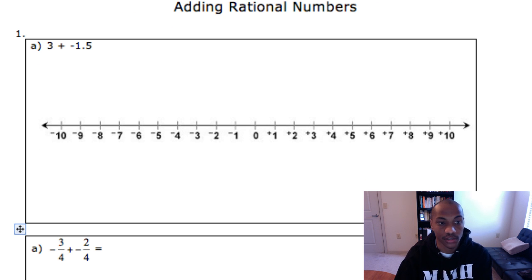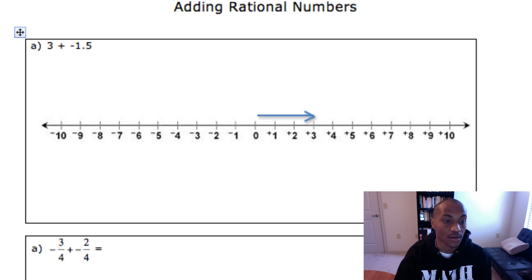The first thing I should be thinking is, where do I start on my number line? Well, we always start at the origin, which is 0. So we start at the origin and go to the first number that we see, which is 3. Now, am I moving to the right or to the left? Well, 3 is a positive number, so I'm moving to the right. I'm going to move to the right 3 spaces, 1, 2, 3,